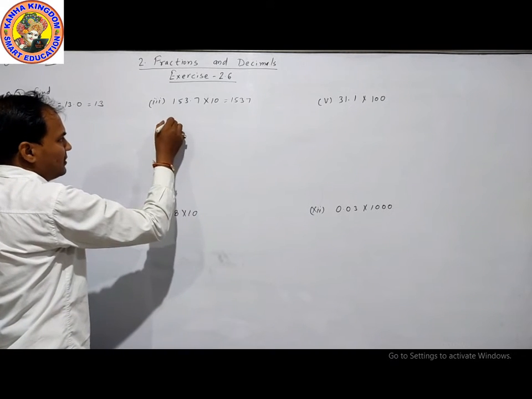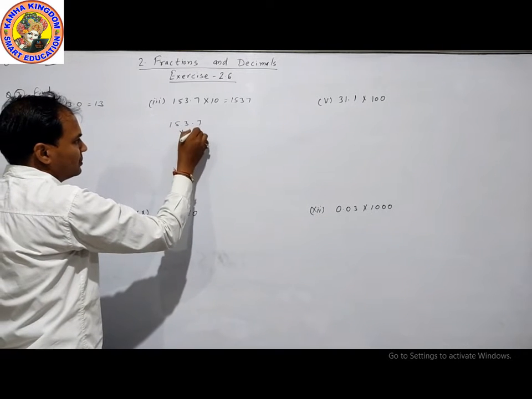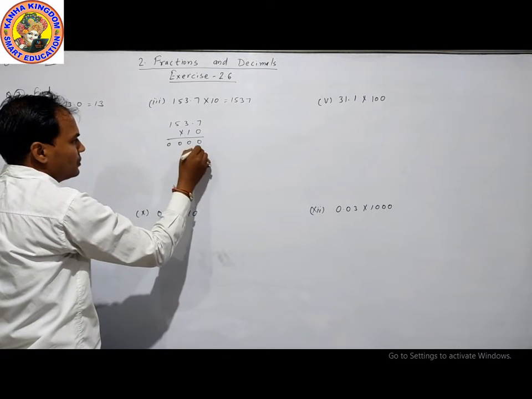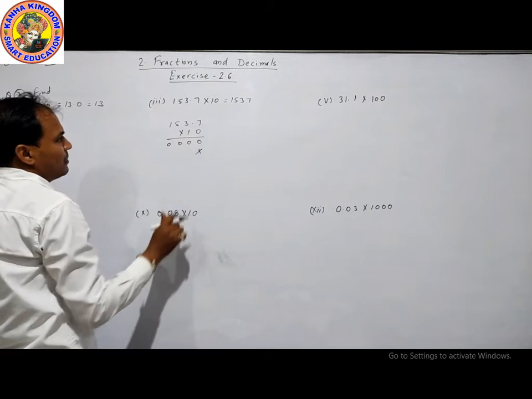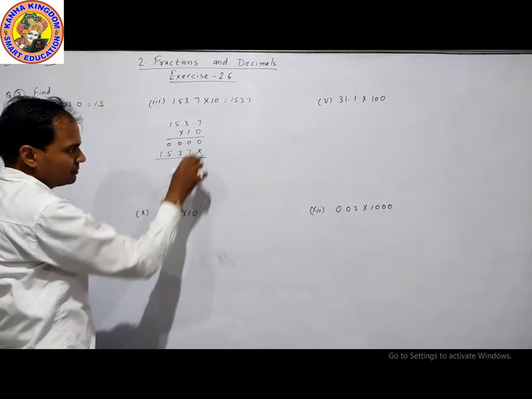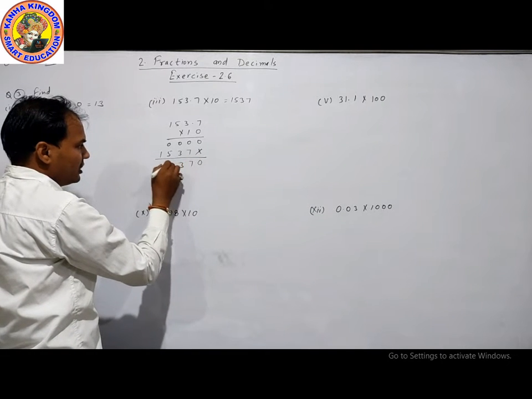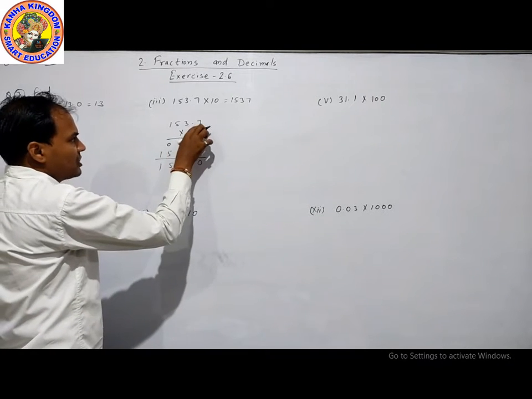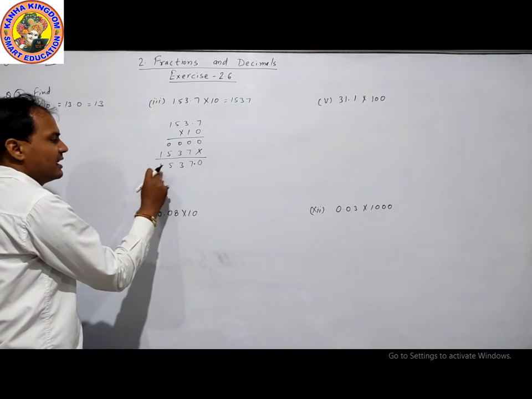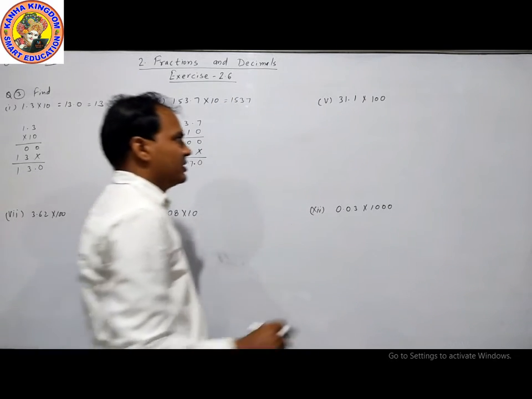Cross checking the question. 153.7 into 10. First of all, 0 will multiply 0 0 0 0. Second, 1 will be multiplied 7 3 5 1. Now by adding these 0 7 3 5 1, use the decimal point after one digit. The answer is 1537.